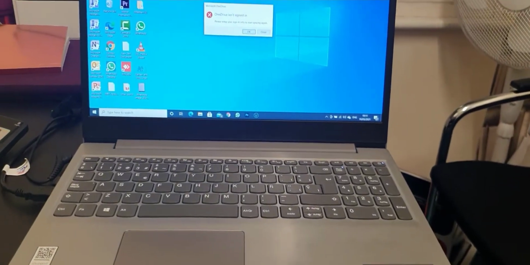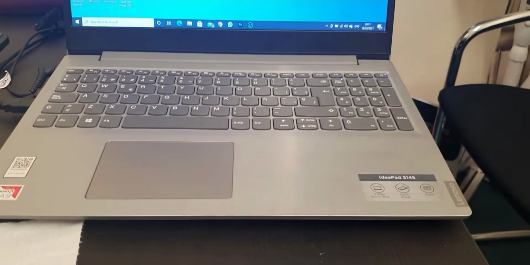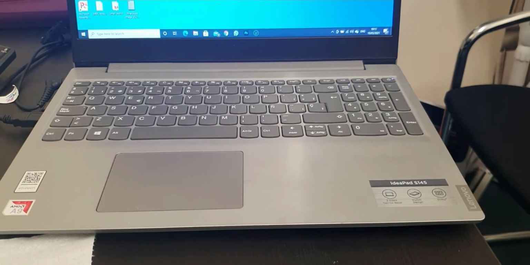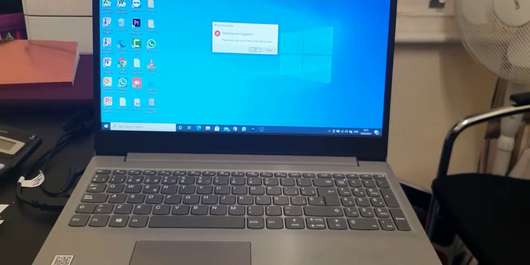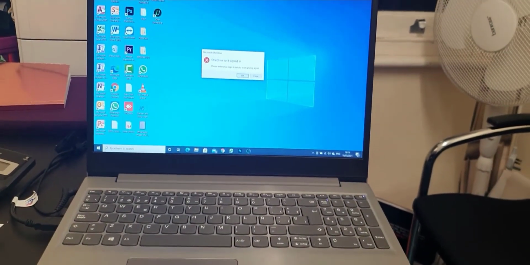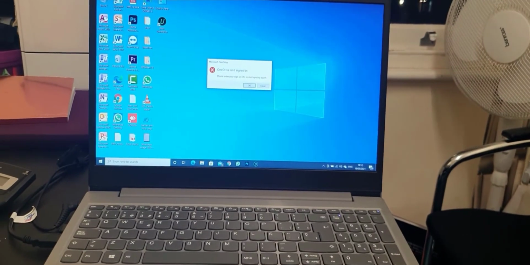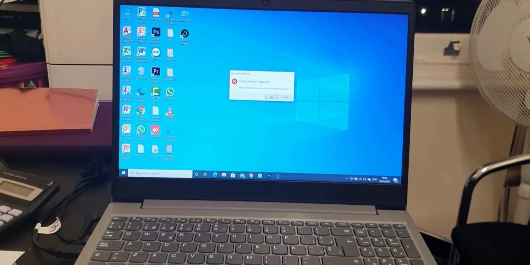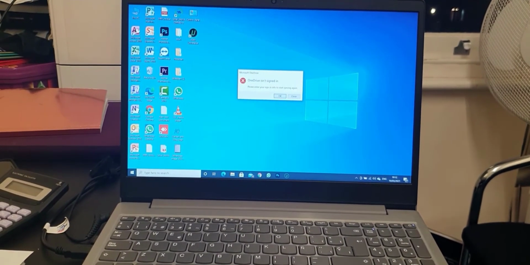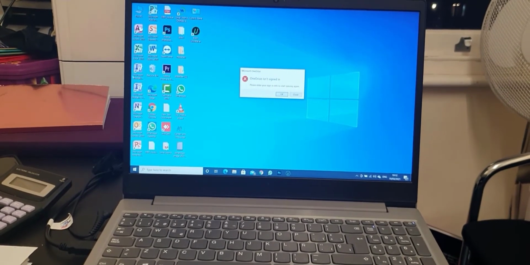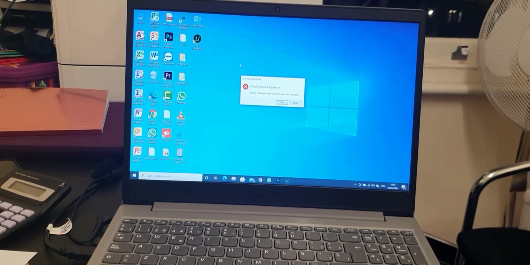Hello everyone, as you can see this is the Lenovo Ideapad S145, less than a year old. Everything is fine, there is no issue with the speed. Everything was supposed to work until yesterday, but from today when I try to print it shows a blue screen of